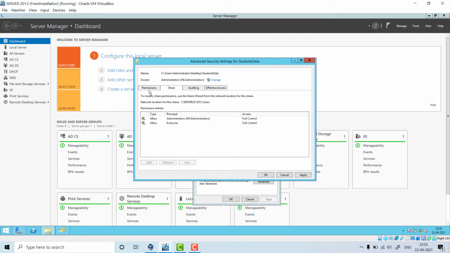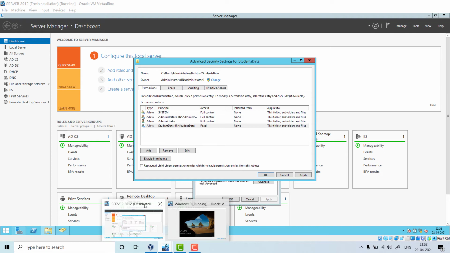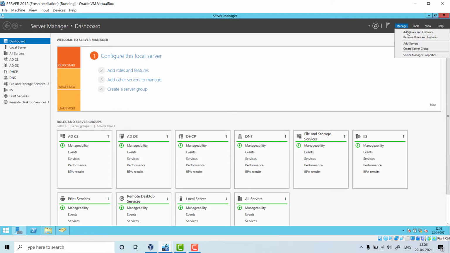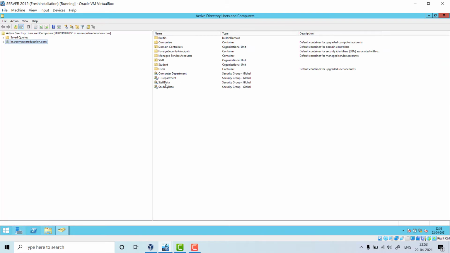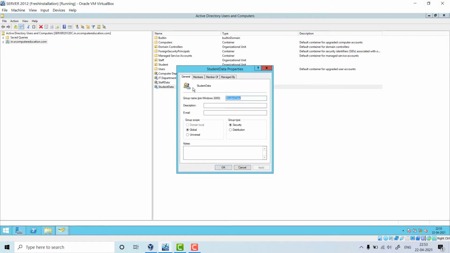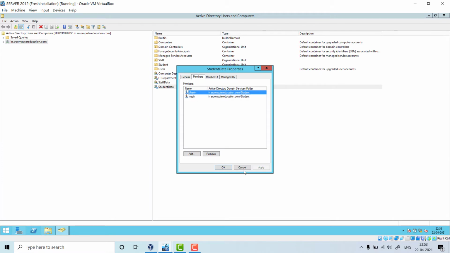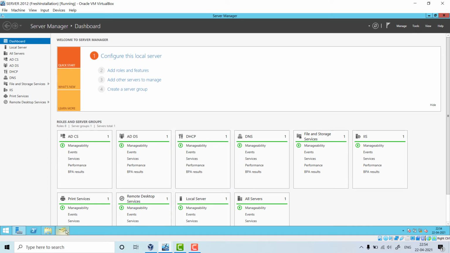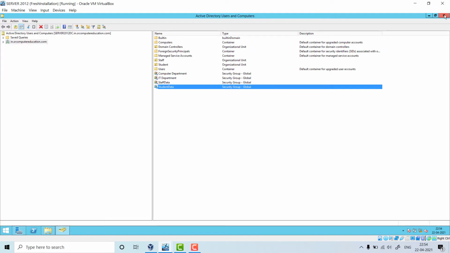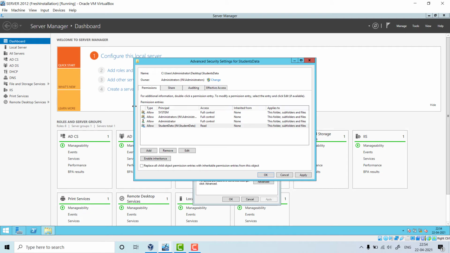Okay, share student data we are having. You can see here. I will show you one more time. In Active Directory Users and Computers, see, student data is a group. Remember, student data is a group, and who are included here? Meg and Bhavin. So we need to log in with either Meg or Bhavin. Okay, fine. Let me close it. So right now, see here, we have added the student and only read permission is there.